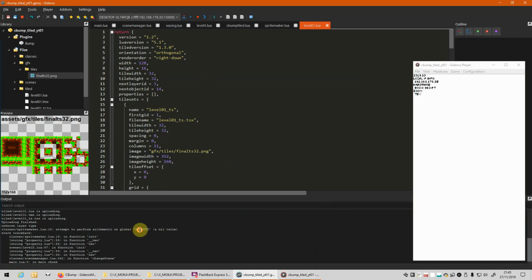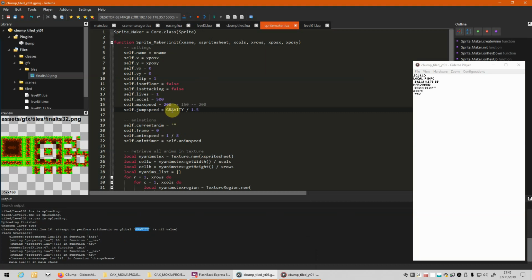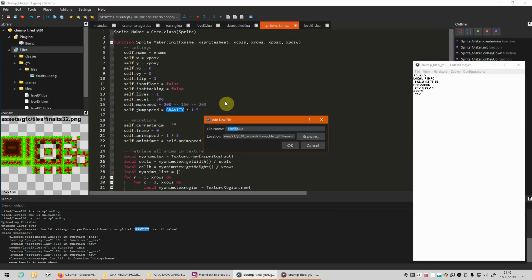Gravity. So gravity, sprite maker, it's using gravity to define the jump speed. So we need to create the gravity variable. To files, add new file, init.